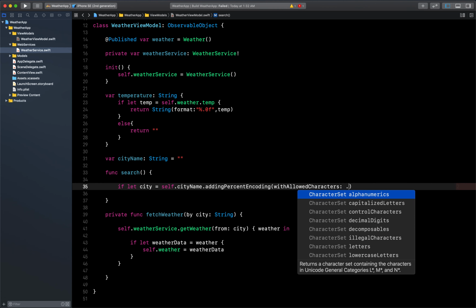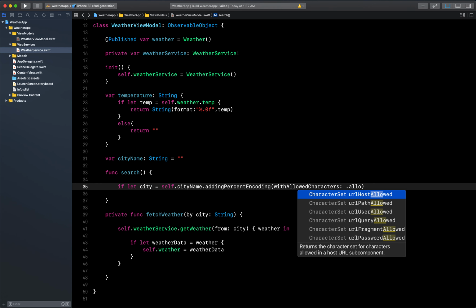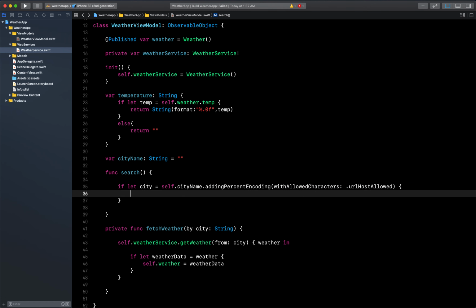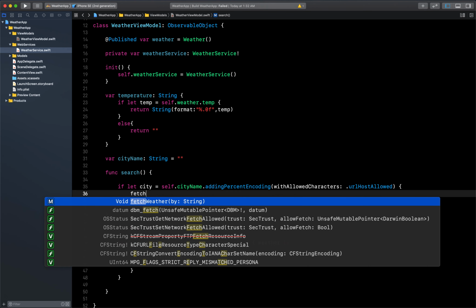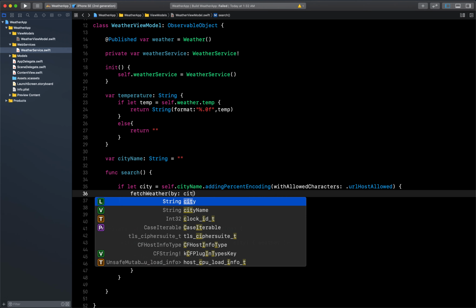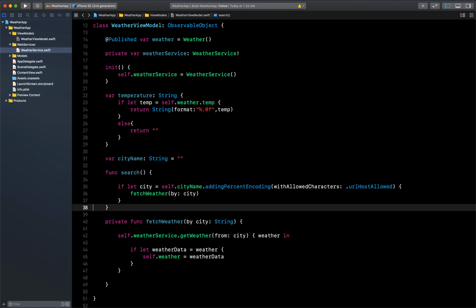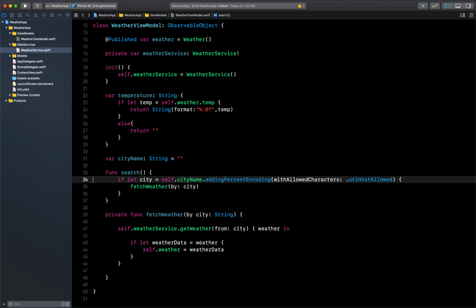So for that we need to do this, URL host allowed. Okay, now if this is working fine, then we can directly call the fetch weather using the city. Let me remove this extra spacing.